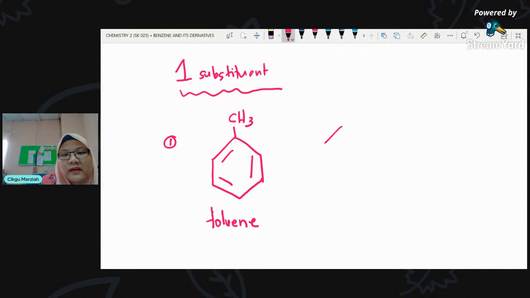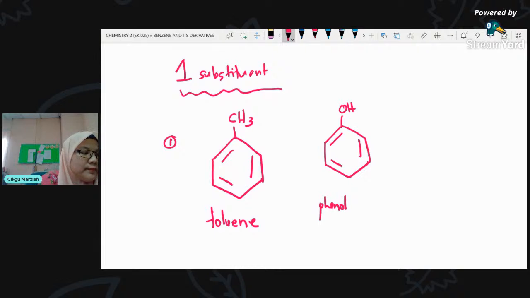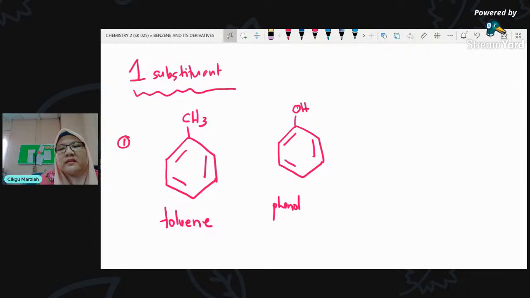Okay, number 2, if we have a benzene and it's bonded to OH, so nama dia adalah phenol. So the second one is phenol. Tak boleh sangat ke gambar saya? Tak clear. Number 3,